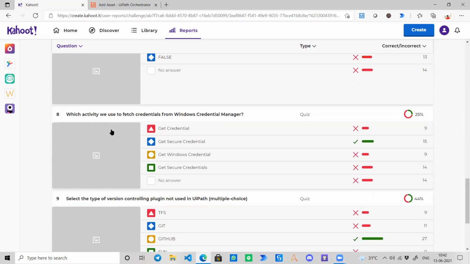Now, the 8th question is, which activity is used to fetch credentials from Windows Credential Manager? It seems that it is one of the hardest questions of this quiz. There is only a 25% success rate for this question. So basically, Get Secure Credential is the activity using which we access the Windows Credential Manager, and you can get this activity through